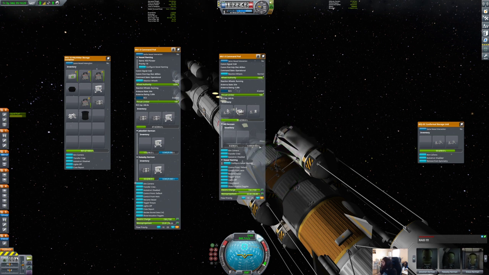I'm having a logistical nightmare. I'm going to need to leave one of my experiments on the main ship, which is a shame. That is the weather analyzer, which is something that works on...